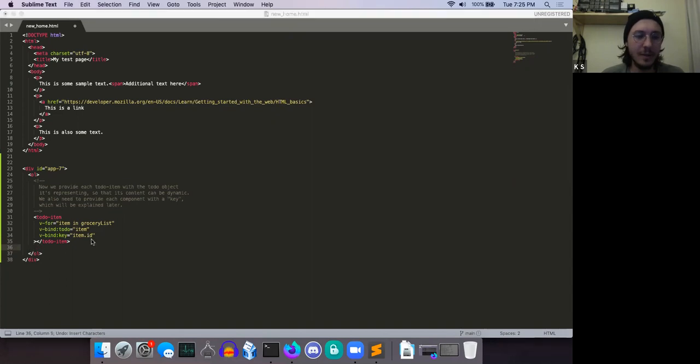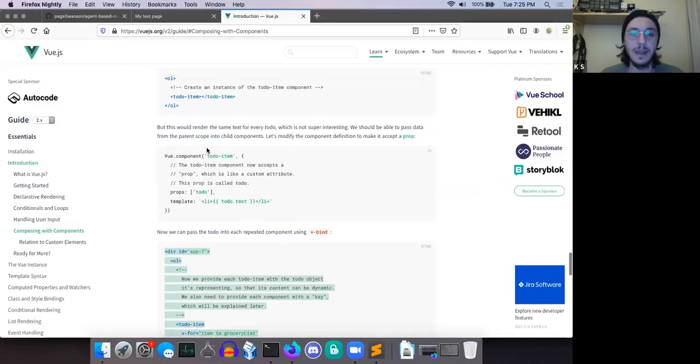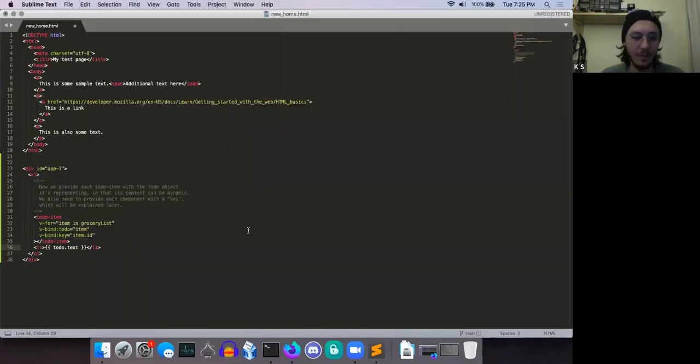So all of these to-do items, just to give you an idea of what actually happens. It would be basically for every grocery list item, I would then have one of these, but this is all dynamic content. So I'd have to come up with a reference for each of these for the JavaScript that I load on my page. So I'd say like, grocery list,